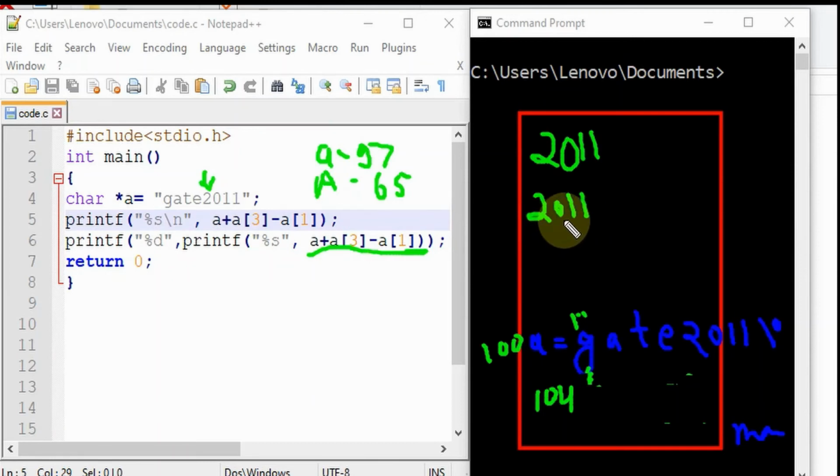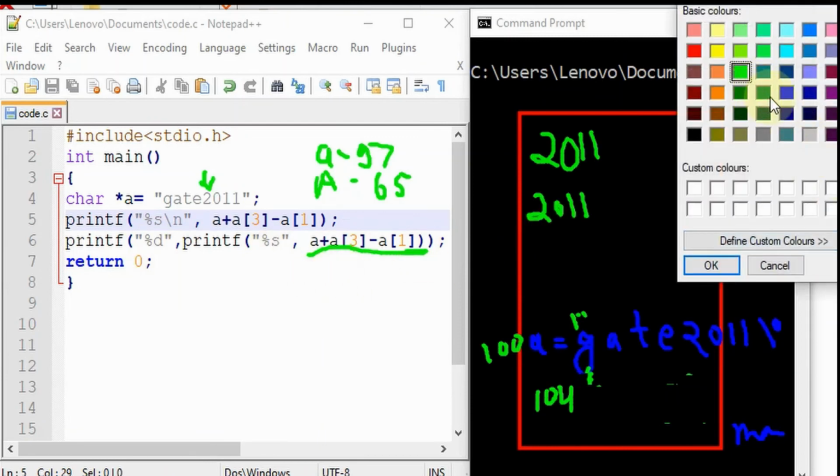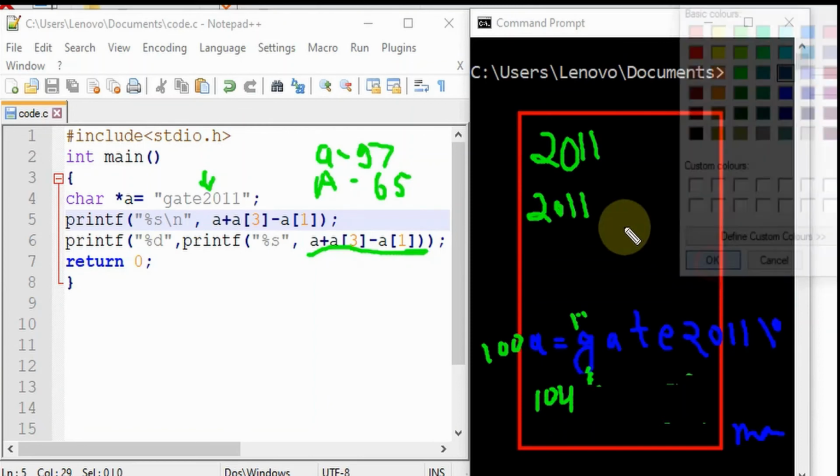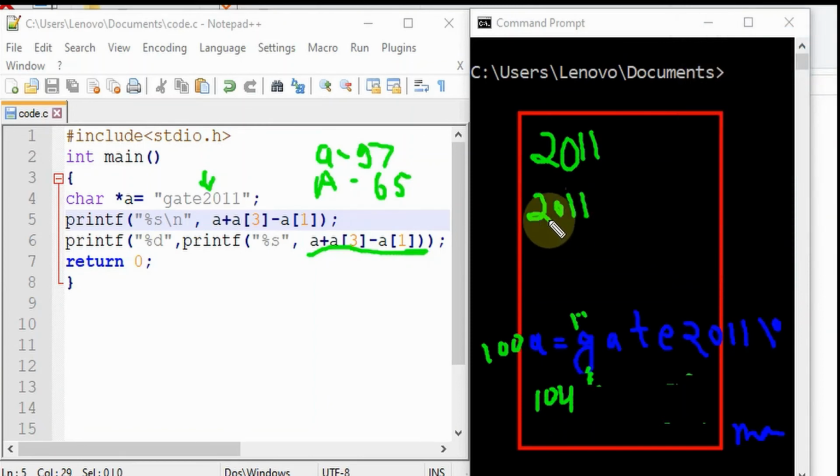So in this case, 2011 is 4 characters, which it has printed successfully, and that's why it will return 4. Again, this percentage d means it will print a number, and that is 4, because it has printed 4 characters successfully.